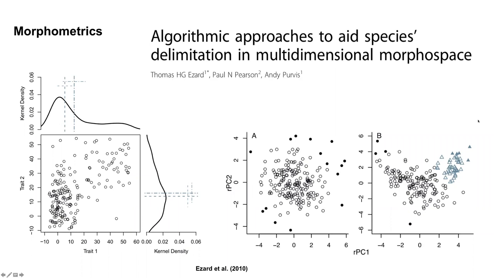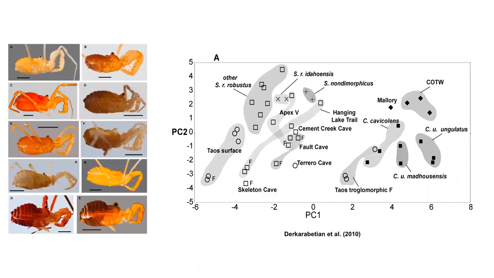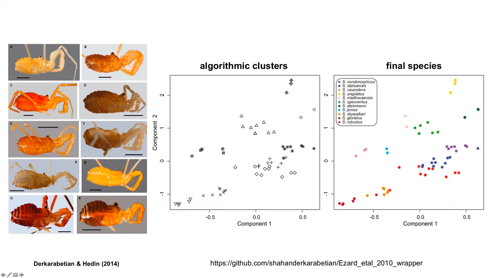So this was a pretty cool way of using morphological or morphometric data to help with species delimitation. Before this, one of the common things that was done was to do a principal components analysis and then draw some oddly shaped circles around these specimens and say they're different, right? I'm throwing one of my papers under the bus right now, but that's okay. So instead of subjectively defining these clusters in morphometric space, you can instead use these algorithmic methods like the Ezard et al. approach to objectively define morphometric clusters.